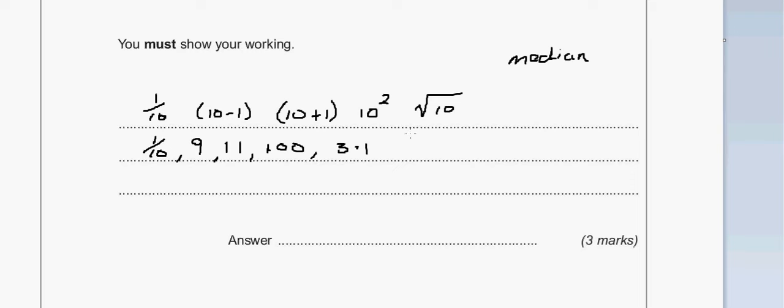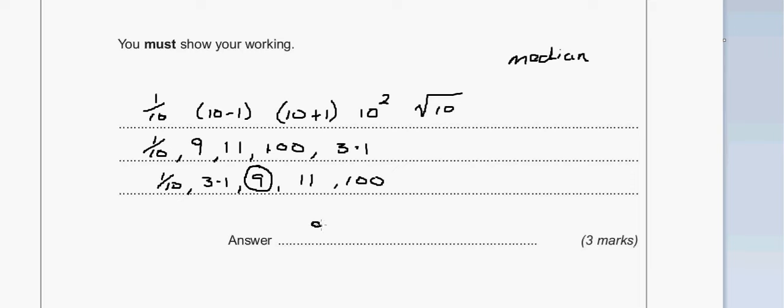So now I have to put these in order. Now I know 1/10 is my lowest number. I know 100 is my highest number. Now I know that 3 point something is going to go there. Then I'm going to have 9, and then I'm going to have 11. So I've put these numbers all in order now, and I can see that physically my middle number